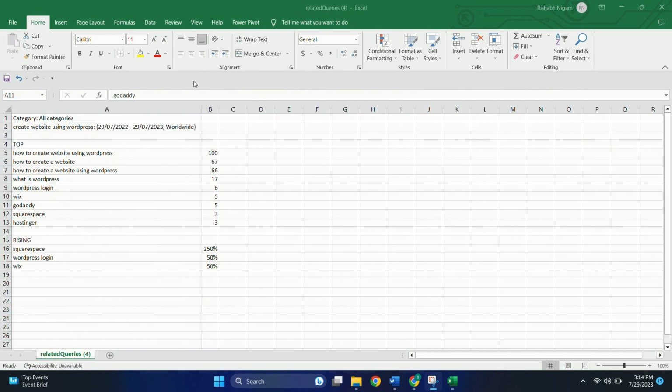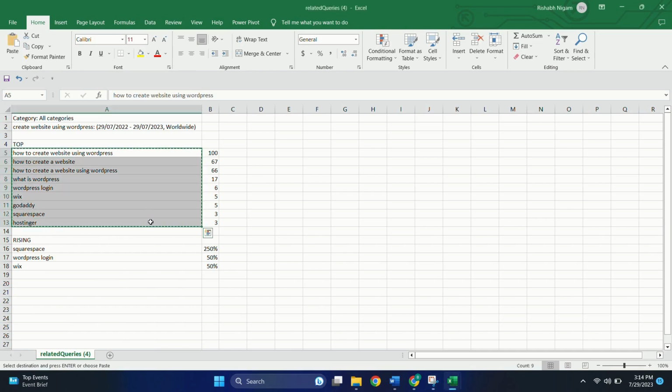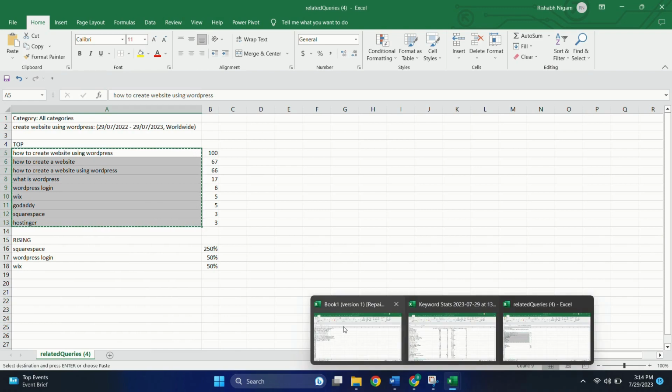Now we can copy the data from the Google Trends sheet to this sheet. So let's copy both top keywords and rising keywords.